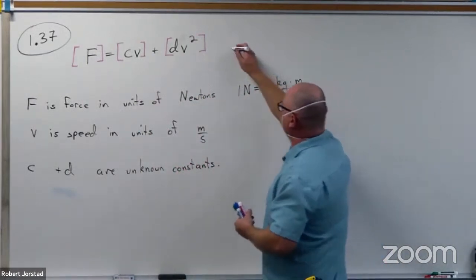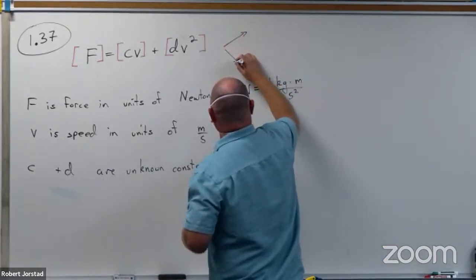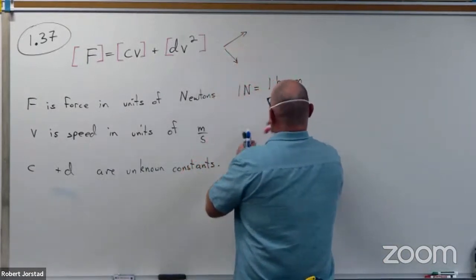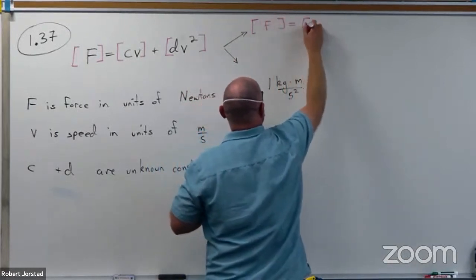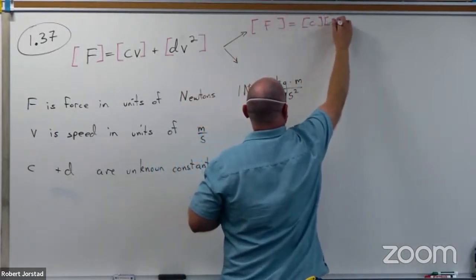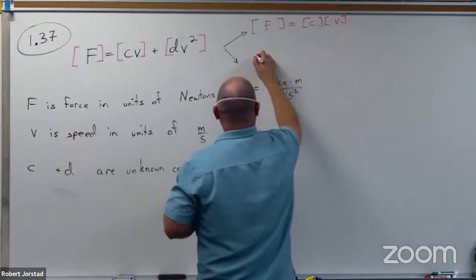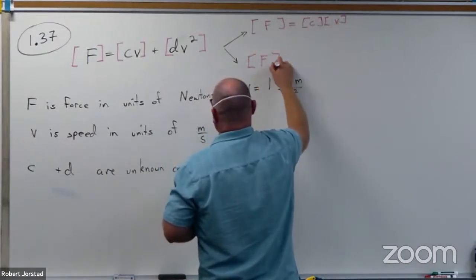In particular, this gives us two separate equations, which are very useful. The units of F equal the units of C times the units of V. Similarly, the units of F